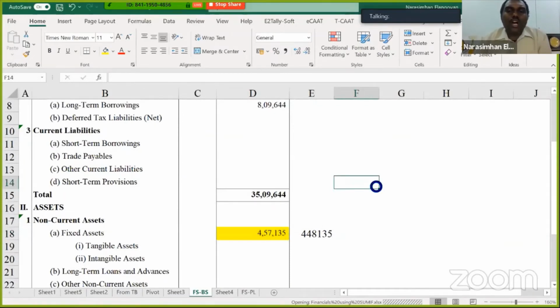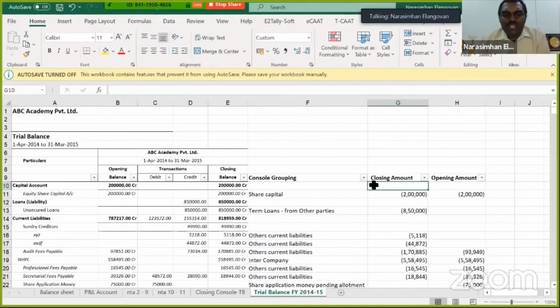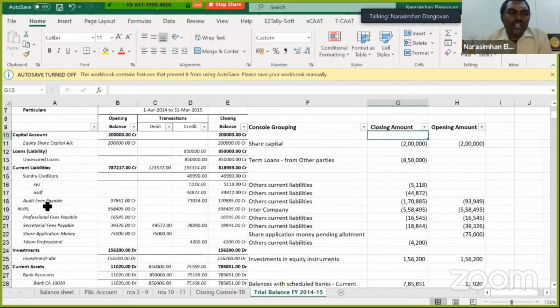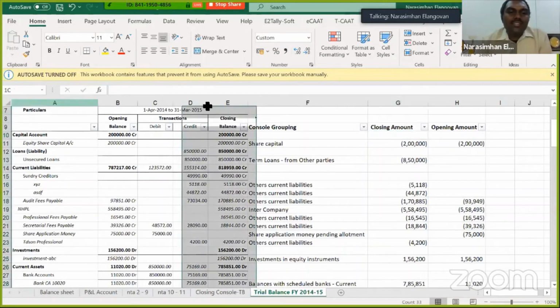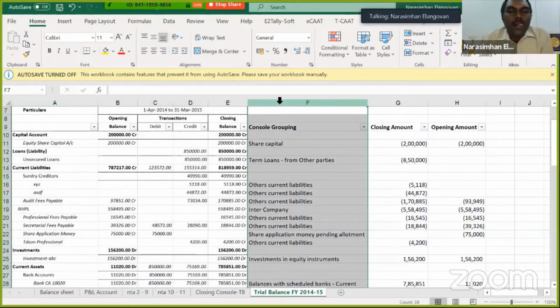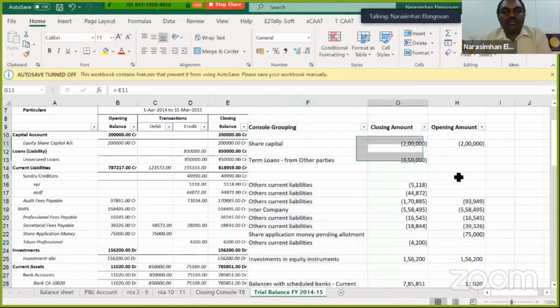Now, this is not a too complicated thing, some solution which most of us are aware of. If you feel all these things are complicated, all that you have to do, my dear friends, is take your trial balance, extract it into Excel. The moment you extract it into Excel, you have column A to E which will appear. This is nothing, just the same traditional approach. Then you add one column called grouping, and you just put the amounts over here.